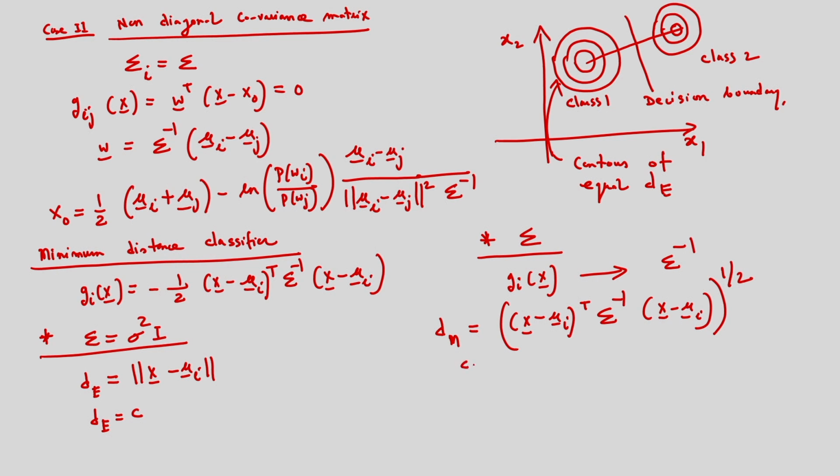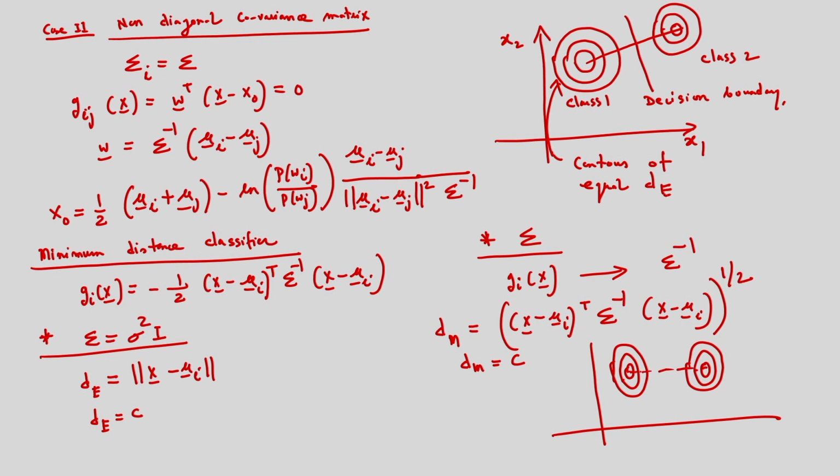And if I consider dm equal to c, then in this case I will be getting the contours. So maybe I can get the curves of an ellipse. For the high dimensional case, I can consider the hyperellipsoid, and for the two-dimensional case, I will be getting the ellipse contour. So maybe something like this. In the previous case, I had the curves of circles. Now I will be getting the curves of ellipses. The ellipse will be like this. This is for cluster 1, and similarly for cluster 2 also I will be getting the curves of the ellipse.